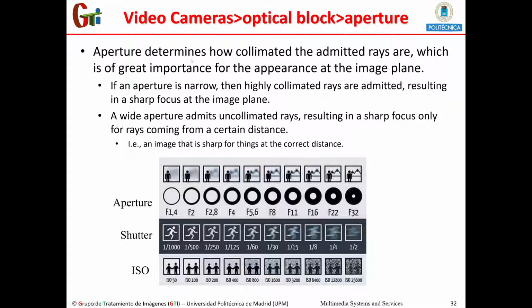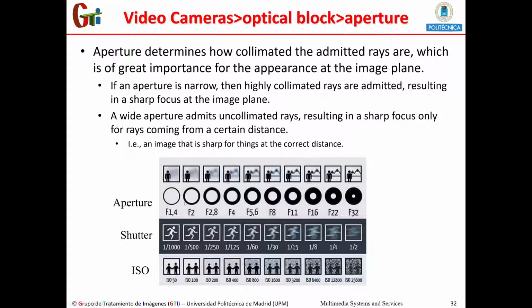For example, if the aperture is narrow, then only highly collimated rays, highly coherent rays, are admitted, and this results in a more sharp focus of all the image. But if we have a wide aperture, then uncollimated rays and incoherent rays are admitted, resulting in only objects at a specific depth in the scene, a specific range of depth, being correctly sharp, correctly focused, and the others will appear blurred, as is indicated, for example, in this